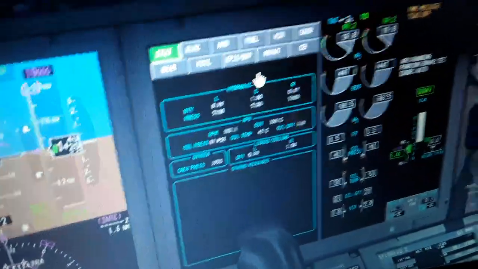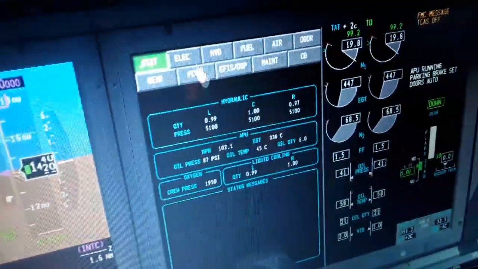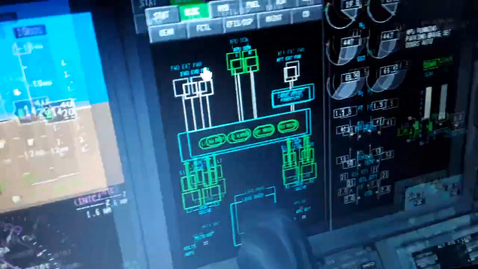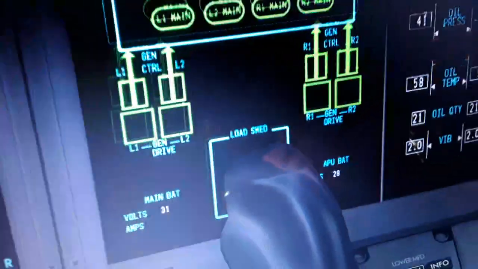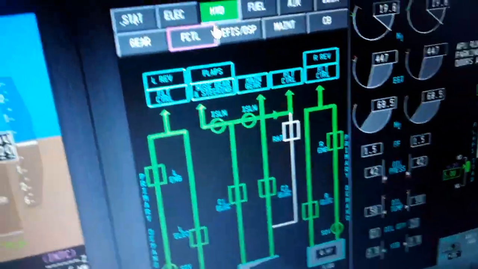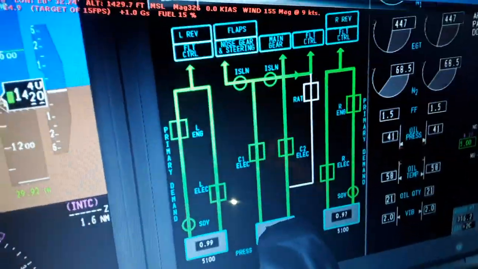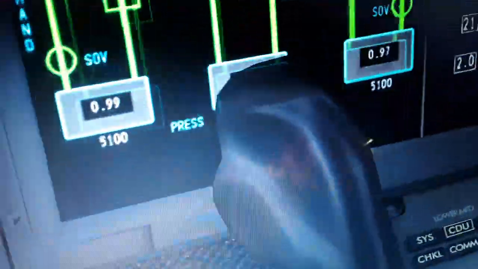So the systems, we have the hydraulic over here, pressure, APU is running, oxygen and liquid cooling. We have the electric left and right IDG, the generator drive, the APU is running. The load cell, the main battery and the APU battery, charge, discharge, volts and amperage. Also we have the hydraulics, you can see left and right engine driving, primary, demand, where the hydraulic fluid goes in the aircraft, which systems use it, shut-off valves, isolation valves, the quantity of the hydraulic fluid tanks and the pressure